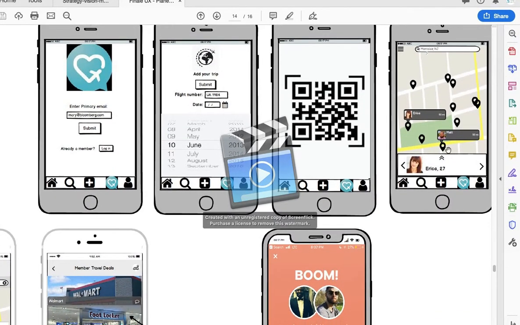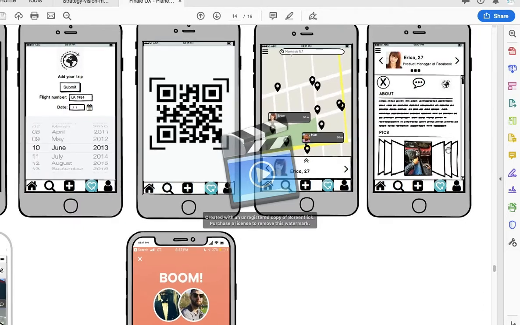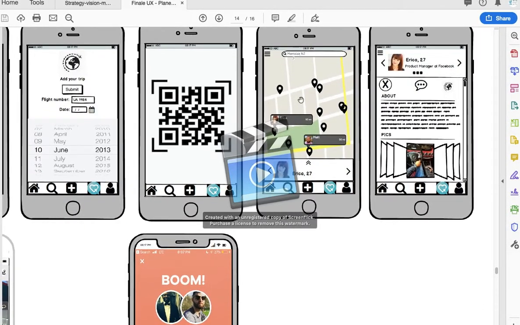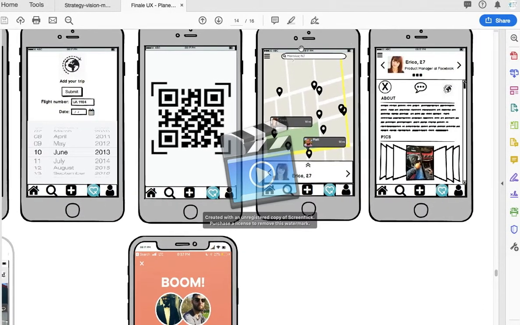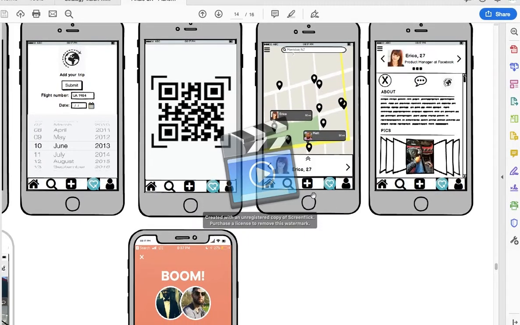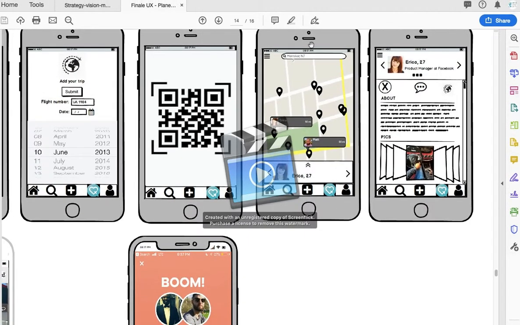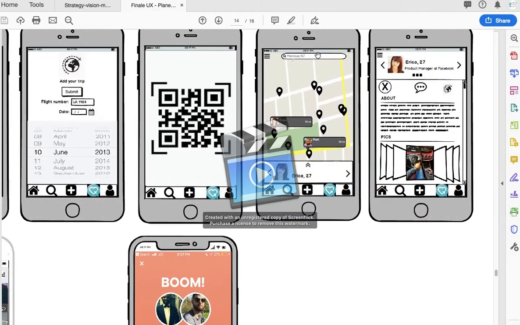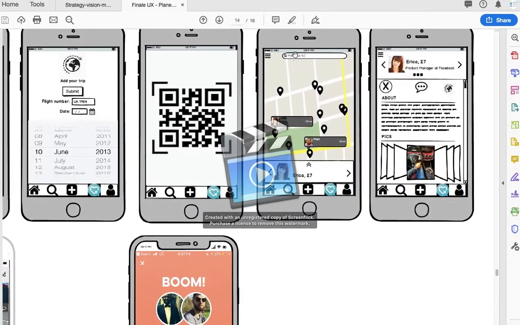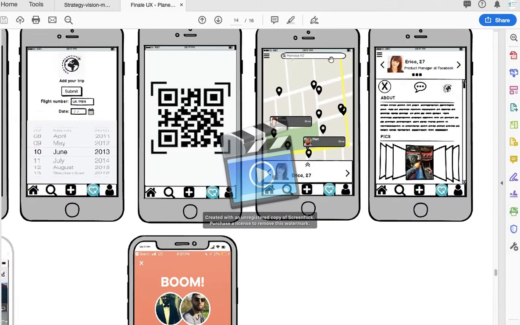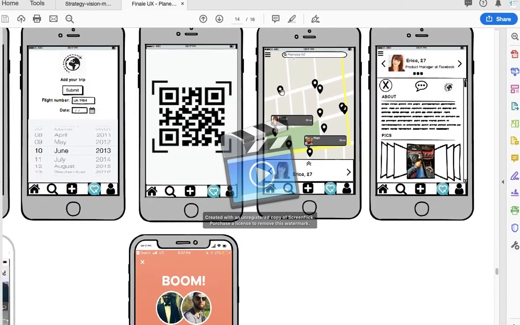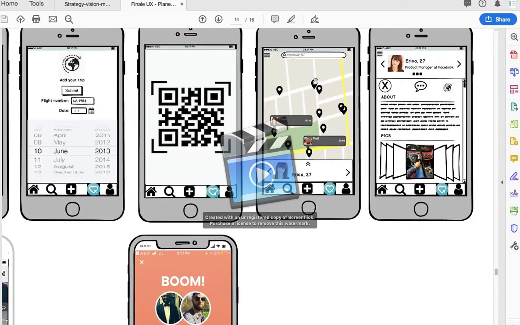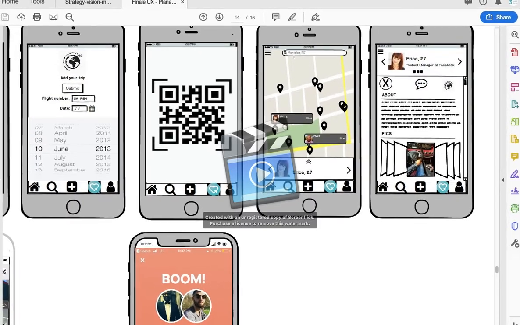This screen here is showing you the map view. Ideally, we should also have a map view and a list view, so when they pull up, you can see the list. And basically, for the travel buddy, it's just showing you people. Let's say you can put in Paris, France. It will show you people that are in Paris, France, who are traveling there, and you can connect with them.